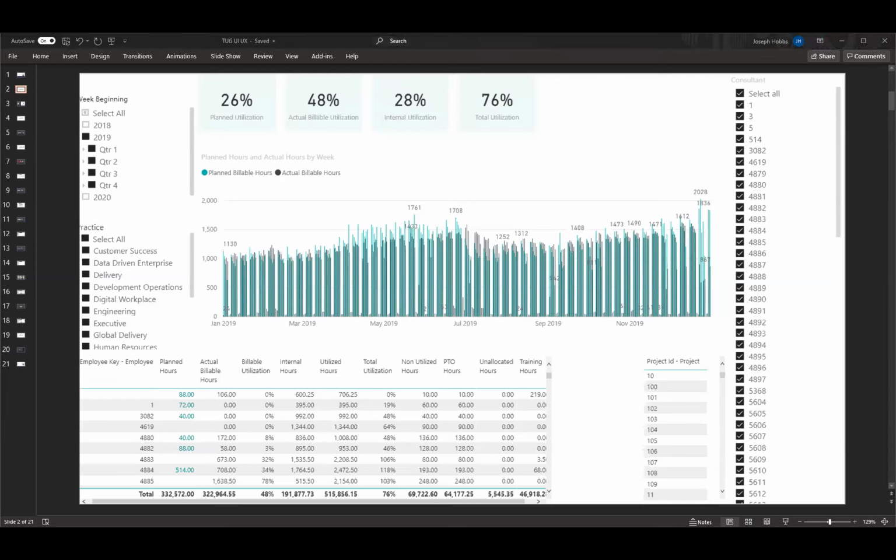You're good. All right. So this is a report. I've hidden sort of any of the personal information in it, but this is a report about employee utilization. As consultants, it's very important that our time is being used in a billable as opposed to a non-billable way. So you'll see in here, there's some slicers and filters on here.